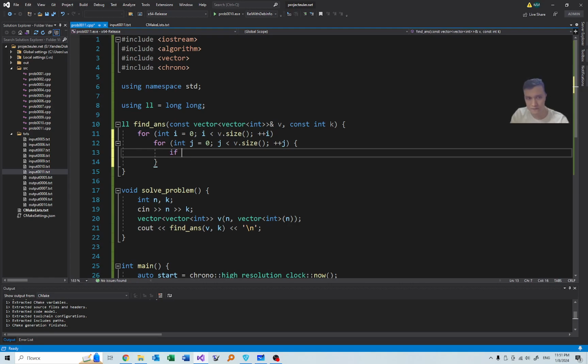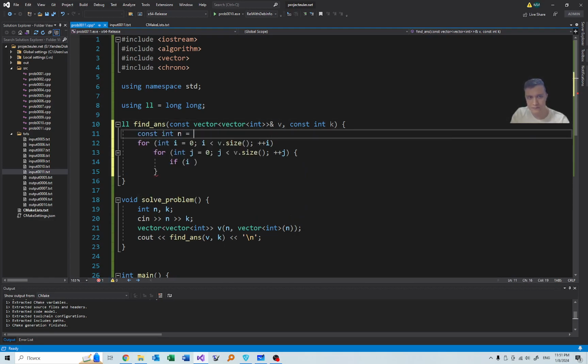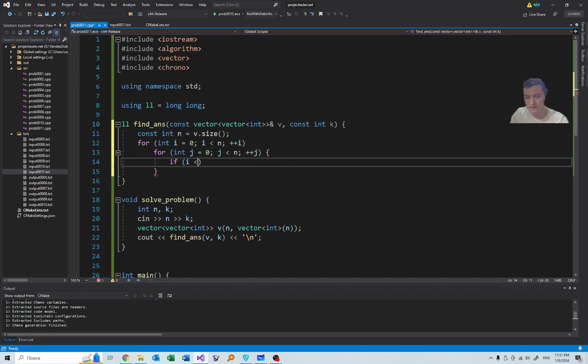So first of all, let's also store number n. If i is less than n, if i is at most n minus k and j is at least k minus 1,